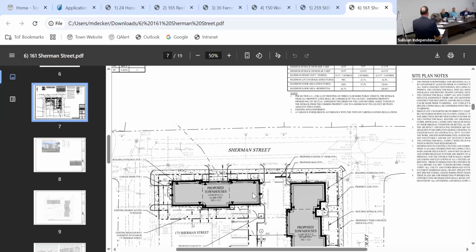And through long negotiations and long discussions, we've come up with what we believe is a first-class project that requests minimal variances and is probably the least intense use you can get on the property if there was any kind of redevelopment, witnessed by the fact that we only have 42% coverage when we could be at 90. We have 120% floor area where we could be at 250%, and we could be at 5 stories when we're 3 stories. For all those reasons, I think we're consistent with your master plan.